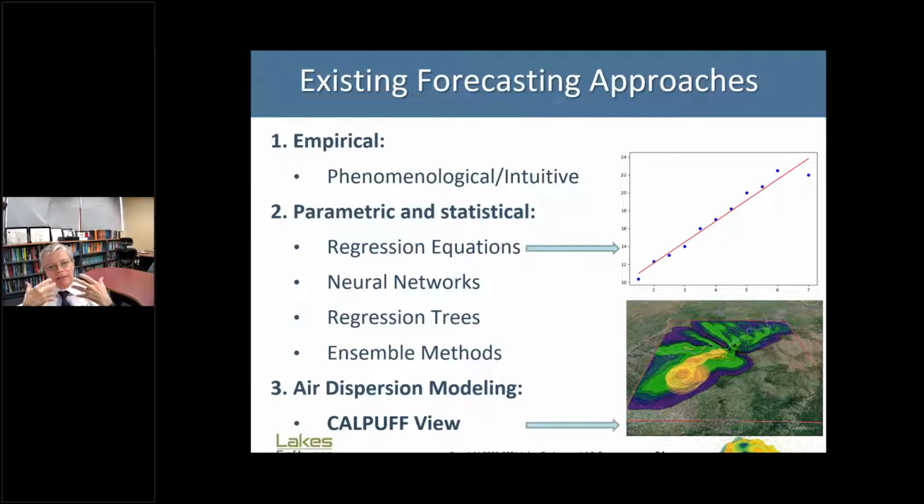When we implemented our system, using the phenomenological, the empirical, the intuitive, and when we entered, we resolved the problem and reduced from 4 to 0, no more exceedances. So, there are many ways to do it. Some people use statistical methods, regression equations. Basically, you see here, you do a regression. It's not the best thing to do.